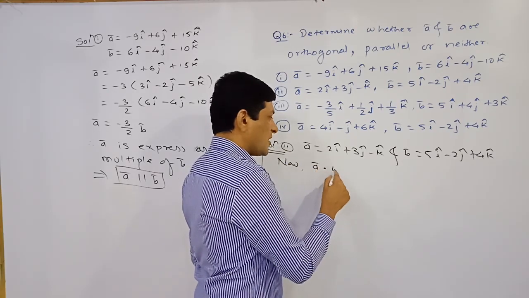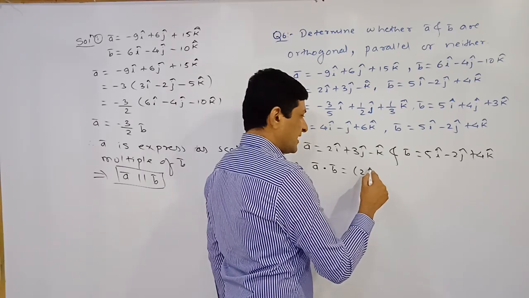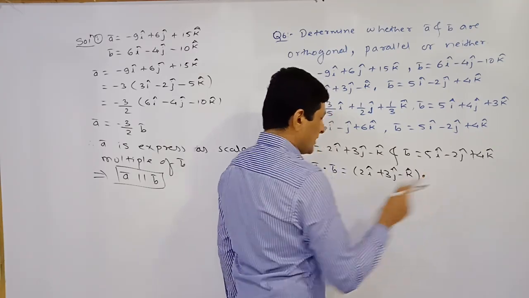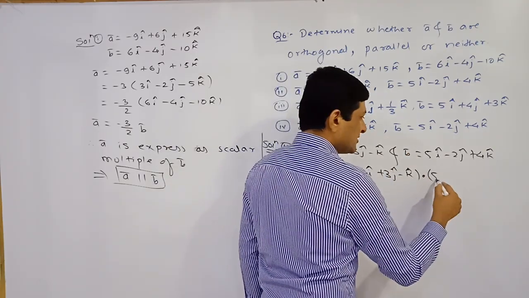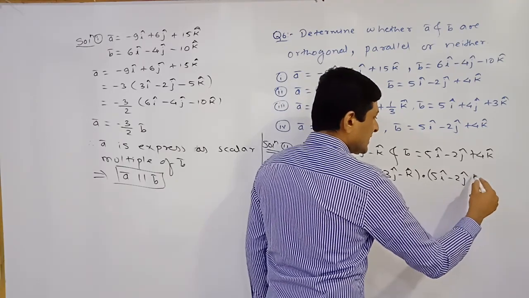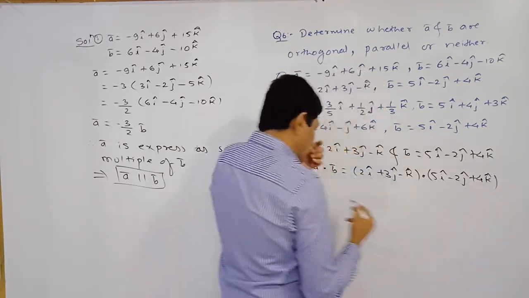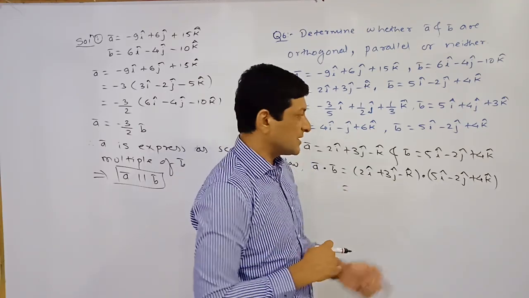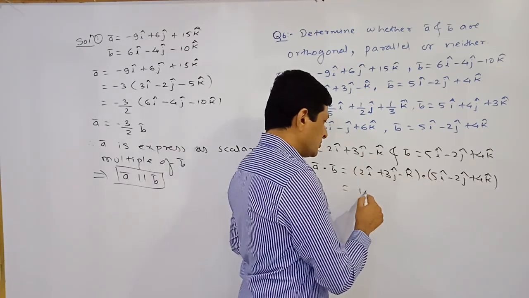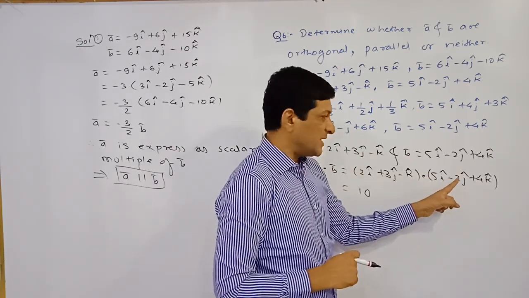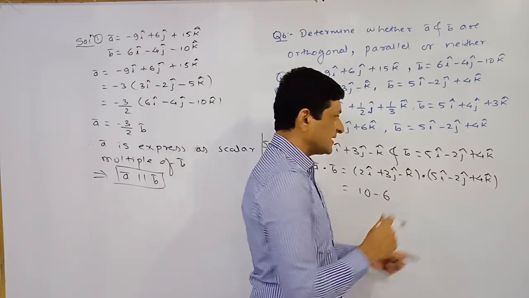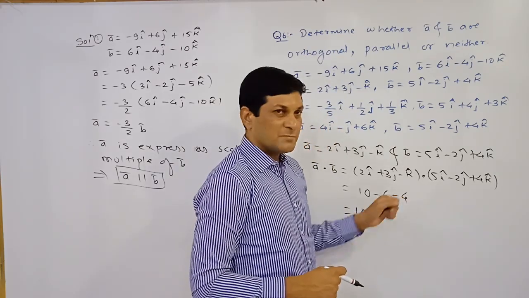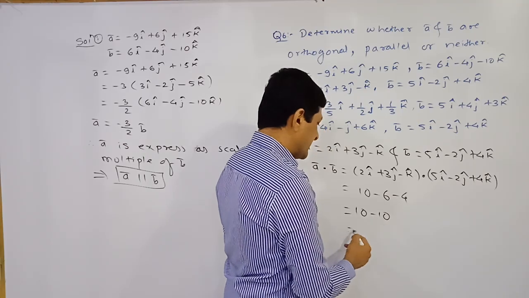So we are finding the dot product of these two vectors. A bar dot B bar is equal to, what is the value of A bar? 2i cap plus 3j cap minus k cap. Keep this dot as it is, then substitute the value of B bar, where B bar is equal to 5i cap minus 2j cap plus 4k cap. Now if two vectors are in Cartesian form, while taking the dot product, first take the product of the coefficients of i cap, 5 2s are 10. Then take the product of the coefficients of j cap, that is minus 2 into 3 is minus 6, and 4 into minus 1 will be minus 4. So keep this plus 10 as it is. Minus 6 minus 4 will be minus 10, and plus 10 minus 10 will be equal to 0.